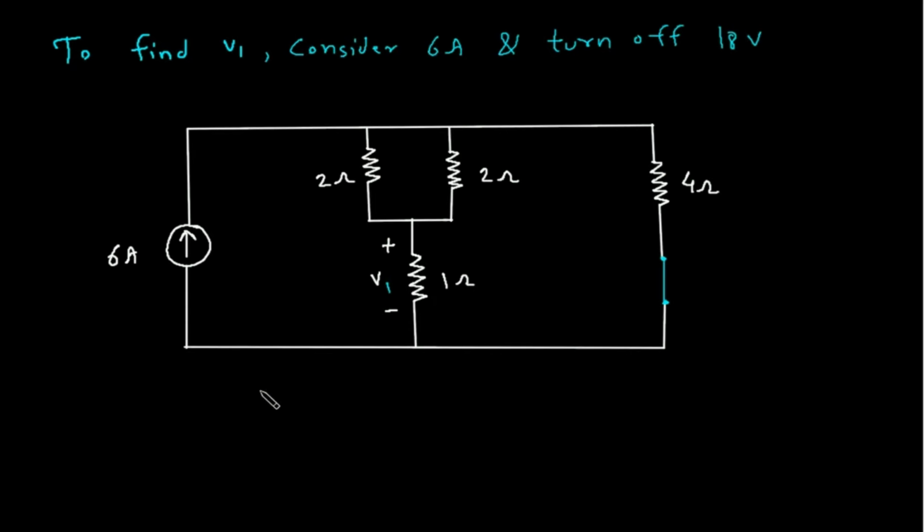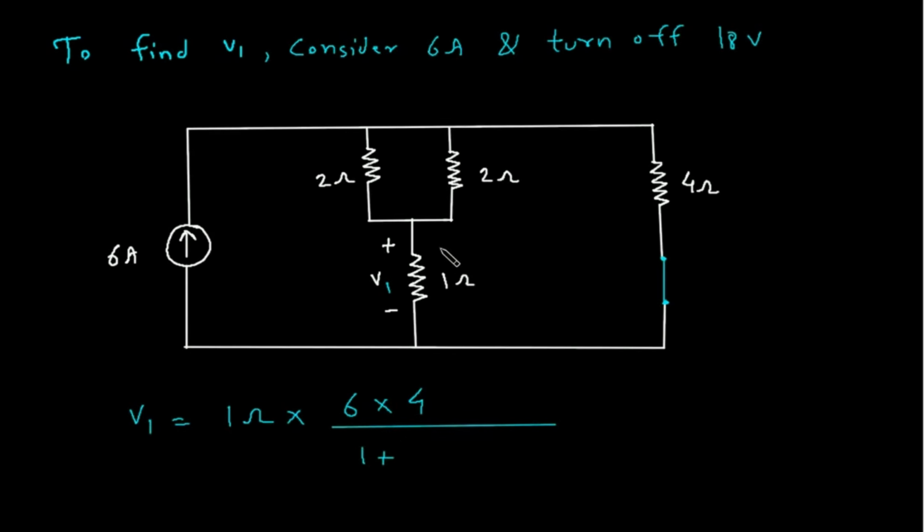Now V1 is equal to, here we can apply the current division rule. So V1 is equal to this resistance, which is 1 ohm, into the current through this 1 ohm resistance. This will be this current, which is 6 ampere, into its opposite branch resistance. The opposite branch resistance is 4 ohm, by total. So total is 1